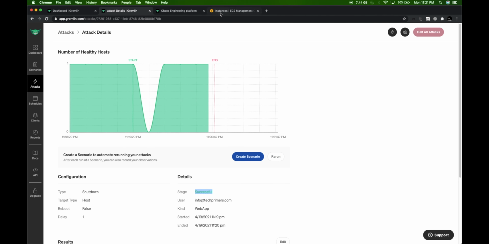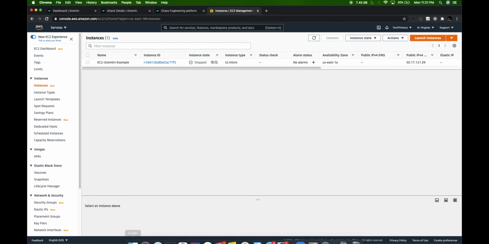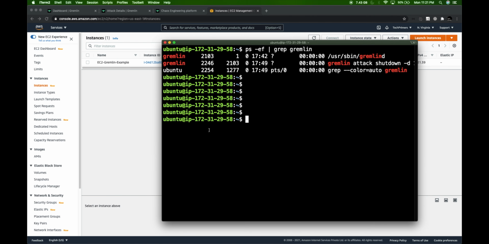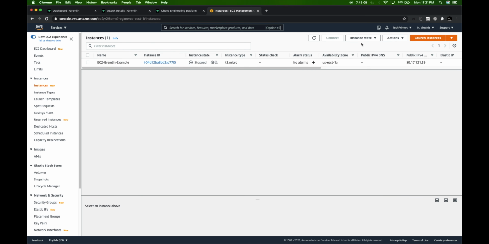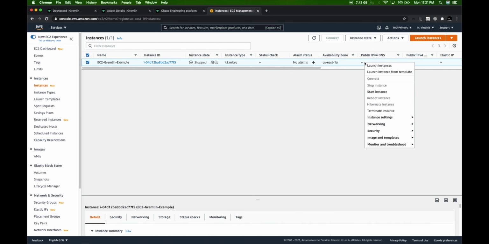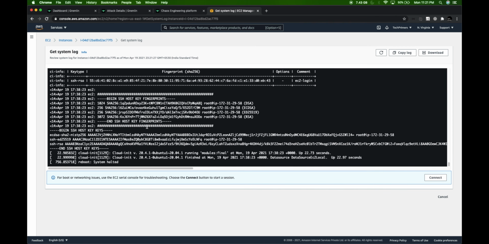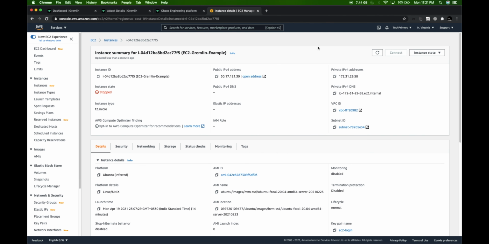Right now my EC2 instance is down, so I won't be able to do anything, right? If you look at my terminal, it is stuck, and also within the AWS console my instance is stopped. So I'm just going to manually start it for now. Also there is an option for the system log. Just to show you with the system log, what happened here is that the system was halted, right? That's the log we got here. Cool.